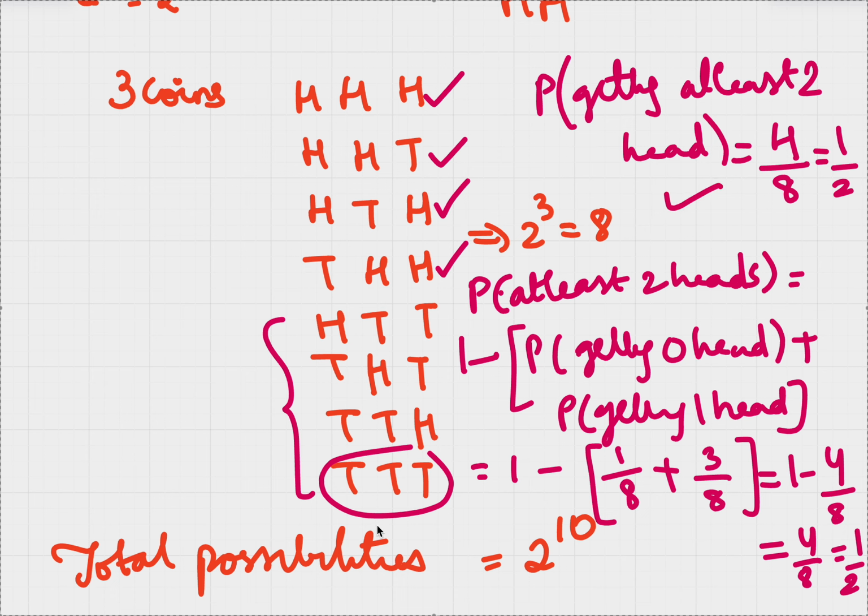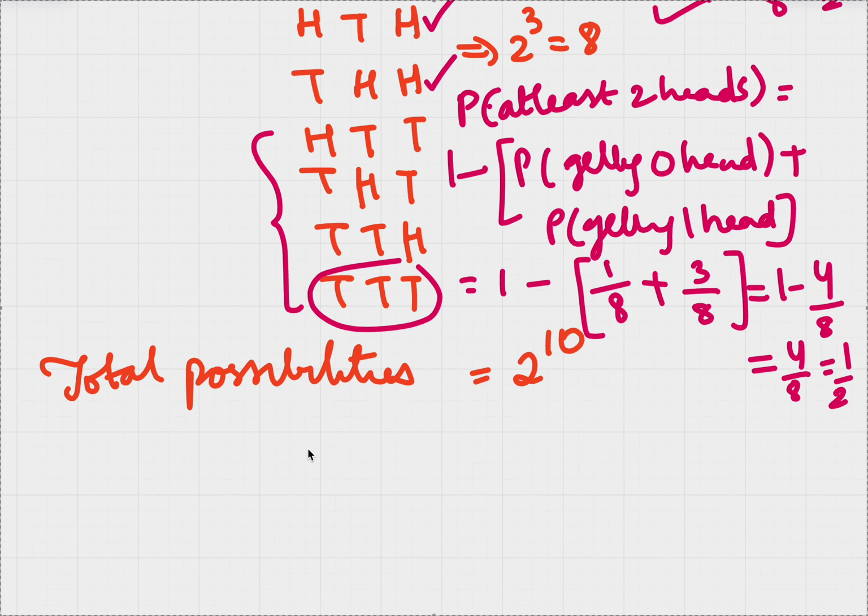We will be solving this question using the complementary only, because it is not possible to count all the cases of having at least 2 heads when 10 coins are tossed. We have multiple cases: all heads, or 2 heads, 3 heads, 4 heads, 5 heads, 6, 7, 8. There are so many possibilities which is not possible for us to calculate. So we use complementary only. So the probability of getting at least 2 will be 1 minus the probability of getting 0 plus 1 head.